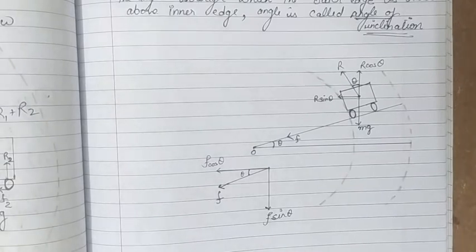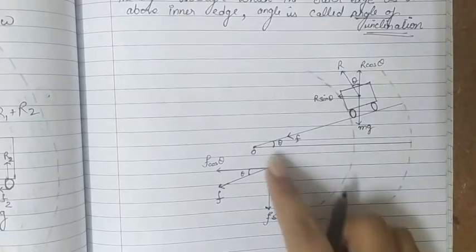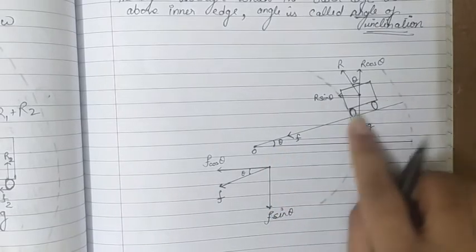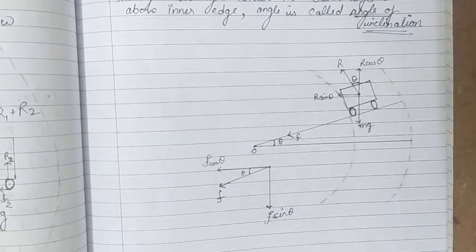There is a large amount of friction between the tires and the road when the car is moving on a level road, and because of that there can be some wear and tear of tires, some destruction to the tires. To avoid this, the curved road is given an inclination or a slope upwards towards the outer circumference. What is the advantage of this slope? When we raise the outer edge, when we give a slope to the road,